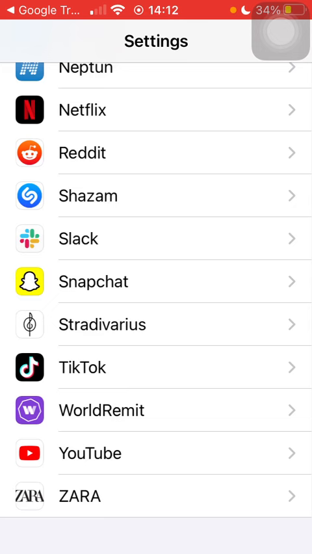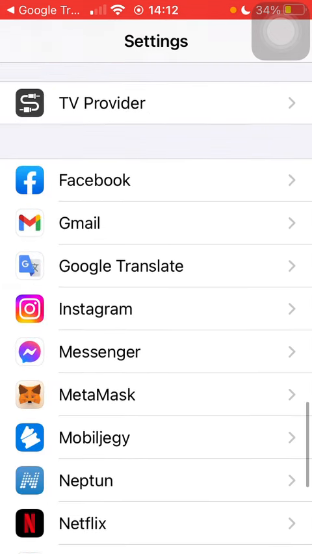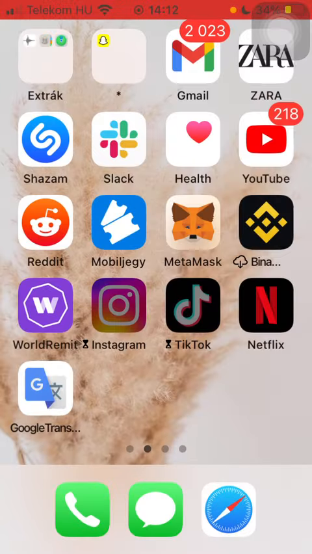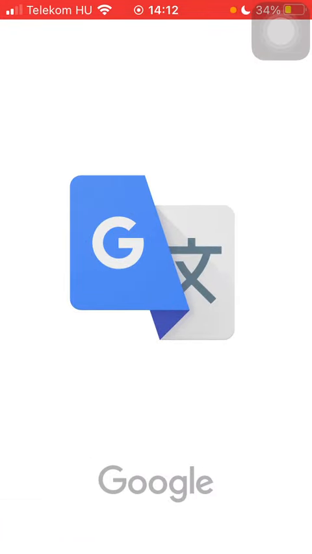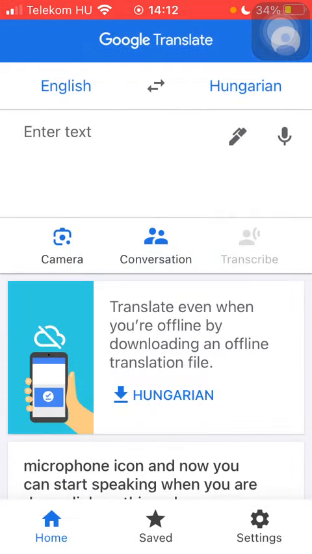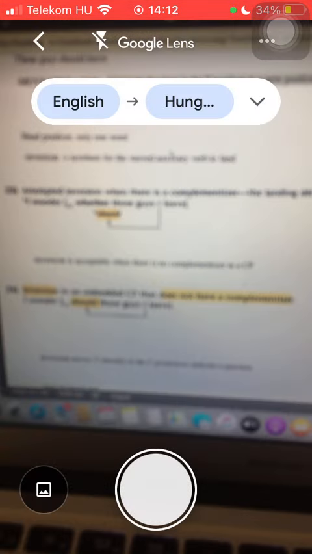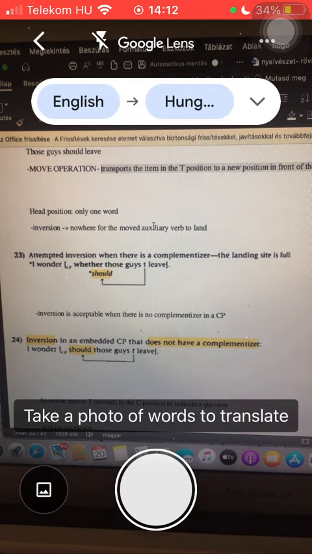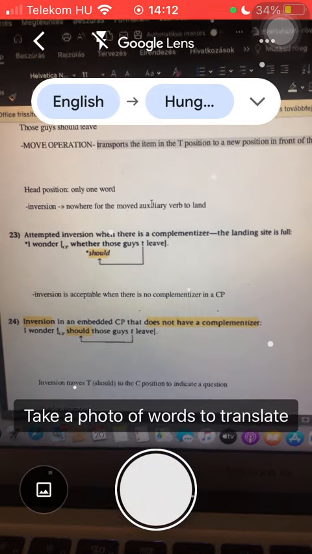Now you should allow the application to have access to your camera. Go to your phone settings, search for the Google Translate application and click on camera. Then go back to the app, direct your phone to the text that you translate, take a photo,